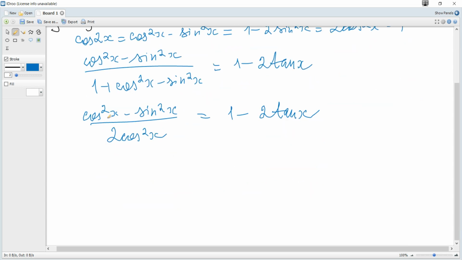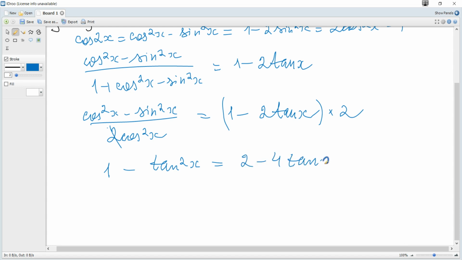And you can see that if we split the left hand side into two fractions, we get 1 minus sine squared over cosine squared, which is tangent squared. And let's multiply both sides by 2. And we get just 1 minus tangent squared of x, and the right hand side becomes 2 minus 4 times tangent,